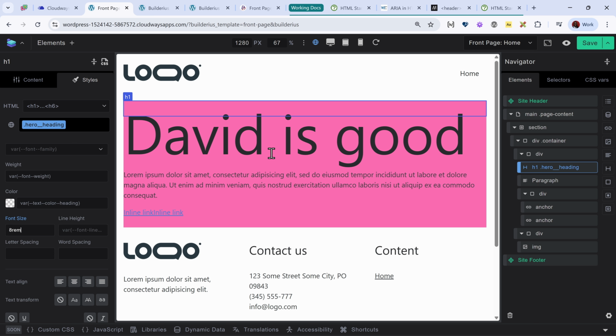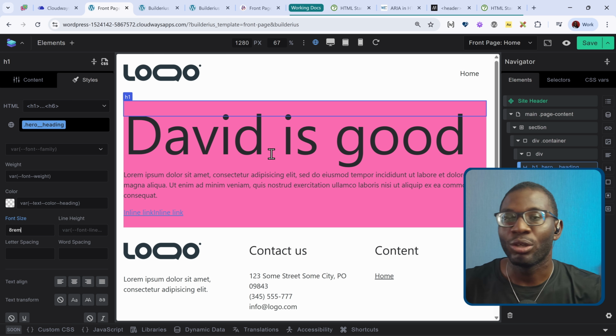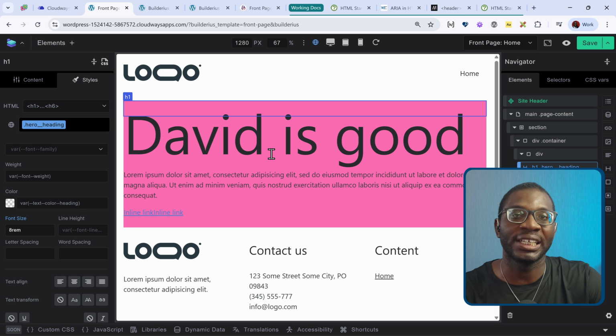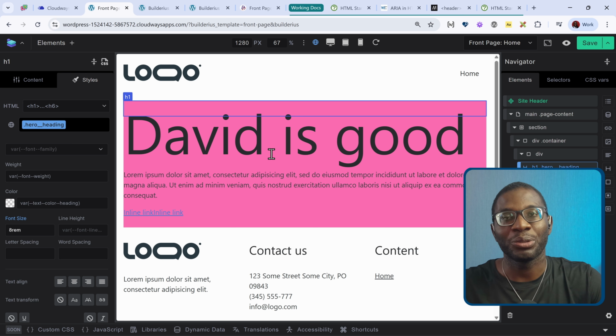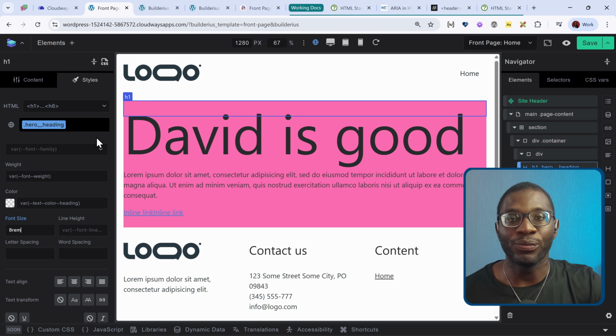And that changes the font size, but only on a template level. Globally, it will still remain at the default value that was set globally, but just on a template level, this new CSS has been applied. So that can help with performance. Let's say you have some sections that you only want to apply CSS to those sections on that page, not everywhere on the website. So you can either use the local styling or the template level styling, and you save yourself having to have all these unused CSS on multiple pages that don't get used ever. So that's it for the first bit that is only for Pro version.